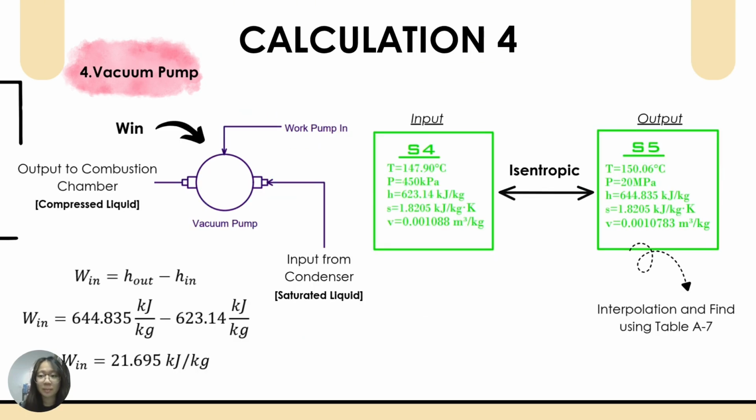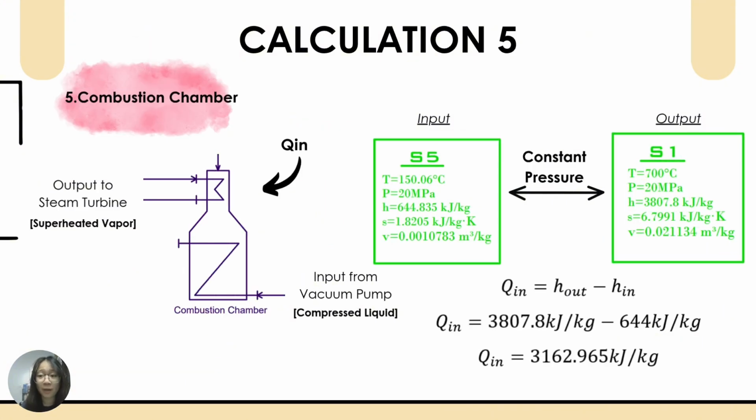For vacuum pump, this is a place for work in. The saturated liquid from condenser will be compressed to compressed liquid and sent to combustion chamber. By this formula, work in equals enthalpy output minus enthalpy input. We get the value of work in, which is 21.695. For combustion chamber, its input is from vacuum pump and output to steam turbine. This is a place that Q in enters. Thus, using formula of Q in equals enthalpy out minus enthalpy in, we will get the Q in, which is equal to